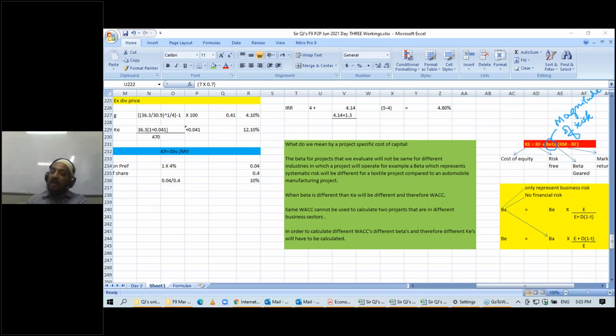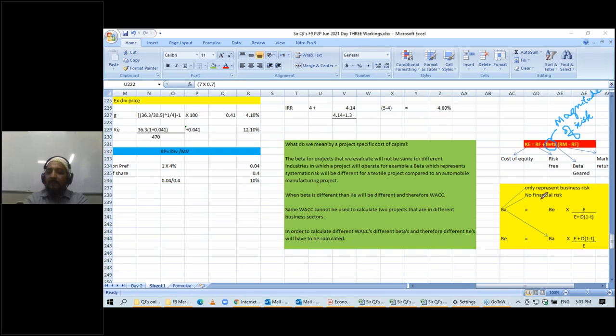So are all projects of the same risk? Some projects' cash flows will be smoother, some will be very fluctuating. So they are not of the same risk. And further, the companies are also not of the same gearing levels. Some are less geared and some are highly geared. So there are two types of risk. If you look over here,